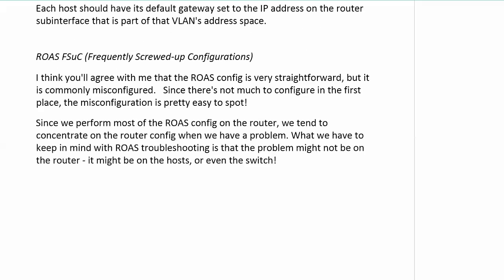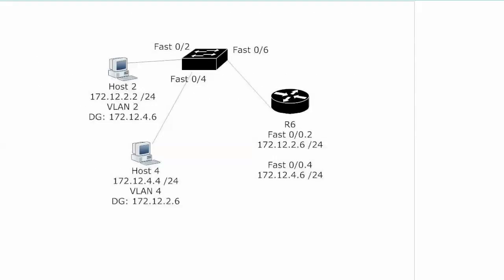Actually, I'm going to show you one diagram right now, or one network. What's wrong with this network? If you need to pause the video for a minute and think about it, that's fine. But this one is kind of screaming at you. I'm not doing anything tricky here. The problem here is on your hosts. Note that the IP address assigned to the host and the default gateway, the DG value, are in separate address spaces. Anytime you see that, huge red flag. A red flag should literally come up from the back of the screen when you're taking the exam